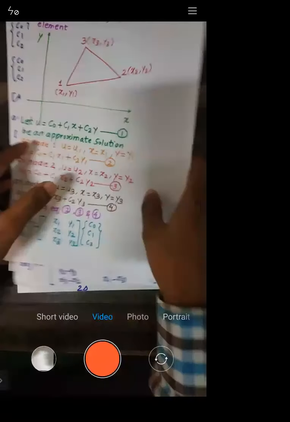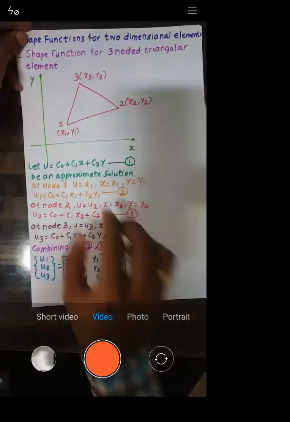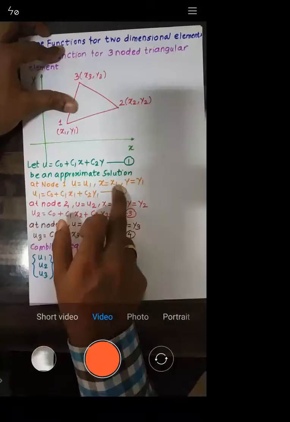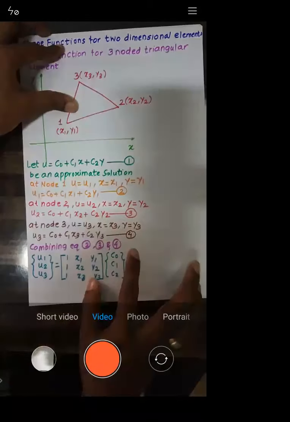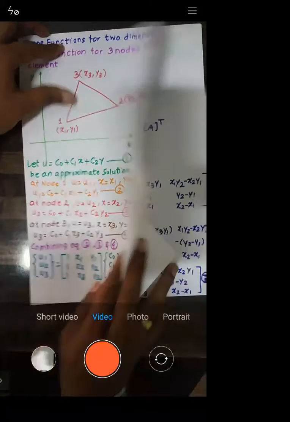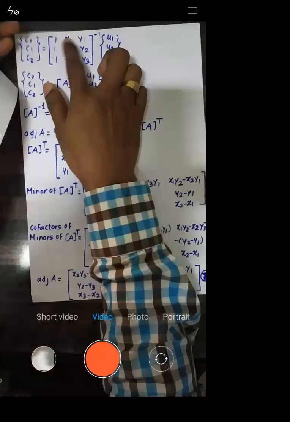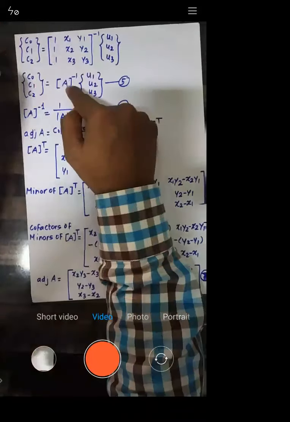See how we started. We started by writing the approximate solution. C0, C1 and C2 were the unknowns we were supposed to calculate. So for that we imposed conditions, and with that we wrote one equation. We want C0, C1 and C2, so we bring this term here and it becomes an inverse. Now we need to calculate the inverse of that matrix, which we called A.